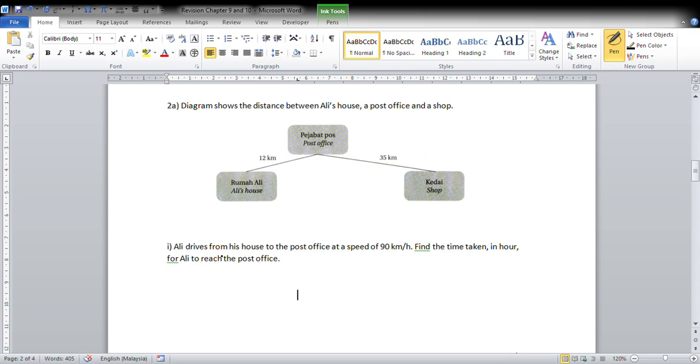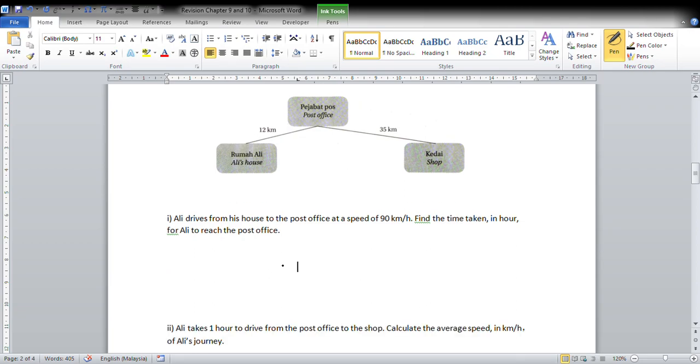Okay, Ali drives from his house to the post office at 90 km per hour. That means this part is 90 km per hour. Find the time taken in hours for Ali to reach the post office. Okay, so it's very easy. When you want to find the time taken,